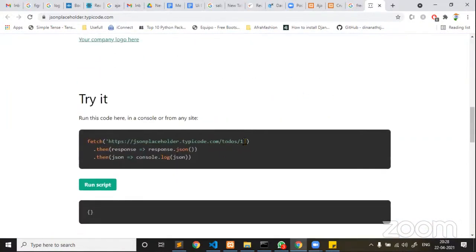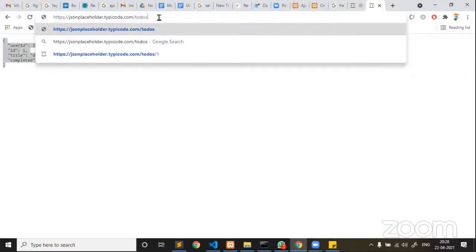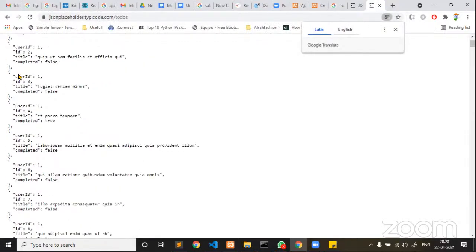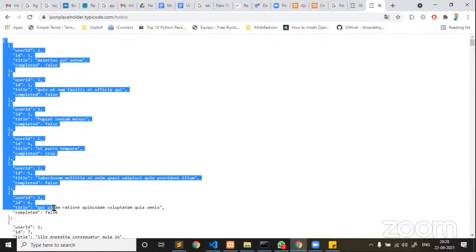Now you see here, to do this particular fetch API URL, if you load it in a browser, you will be able to get the data. Now see, this is a JSON string that they are giving as data. Now with /todos/1, only the first user ID information is coming. In case I try to remove this and use todos directly, now you see that they are giving an array of objects. You can even see that this is an array of objects. I already explained how to deal with this kind of array of objects in the previous session.